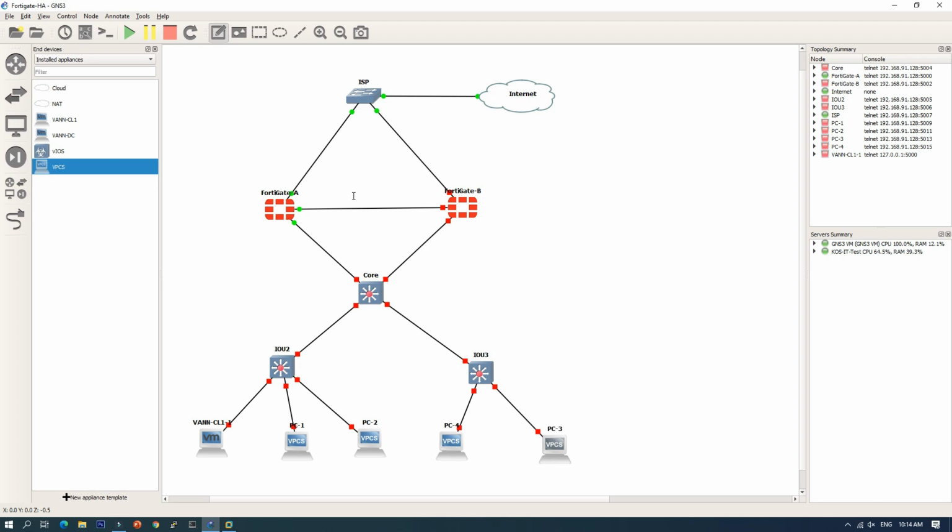This is the heartbeat, or we can say the HA link.